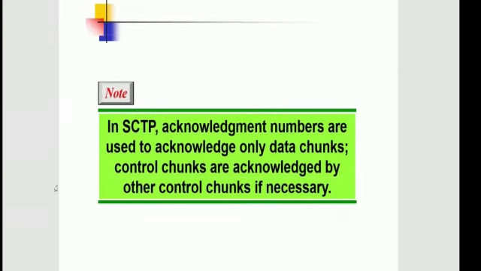What is in the given slide? We have to study about acknowledgement numbers. What are acknowledgement numbers? As given here, in SCTP, acknowledgement numbers are used to acknowledge only data chunks. The acknowledgement numbers are byte oriented and they refer to the sequence number. The control chunks carry the control information, but the control chunks do not need the TSN. As we have to see the flow control and error control, congestion control is also guaranteed in SCTP.